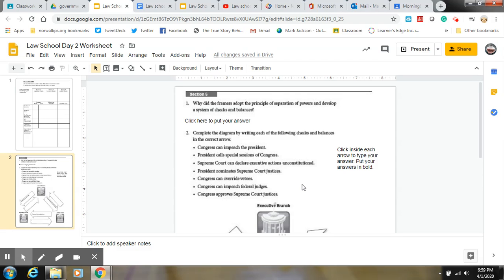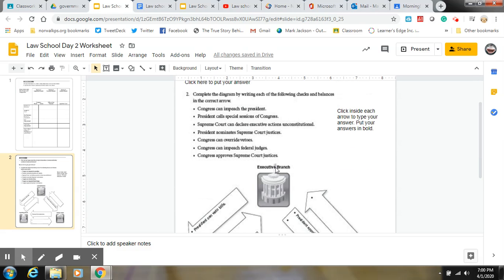Once you finish with this section, you'll move on to section 5. Under section 5, you are looking at a system of checks and balances. Congress has to be able to balance the president, and the president should be able to counterbalance Congress. But then in the end, the Supreme Court needs to be able to say, hey, wait a minute, is that really constitutional? Because the Supreme Court's job is to make sure we, the citizens, are protected at all times. Going back to that part of the preamble, we, the people. So we need to be able to understand all that.